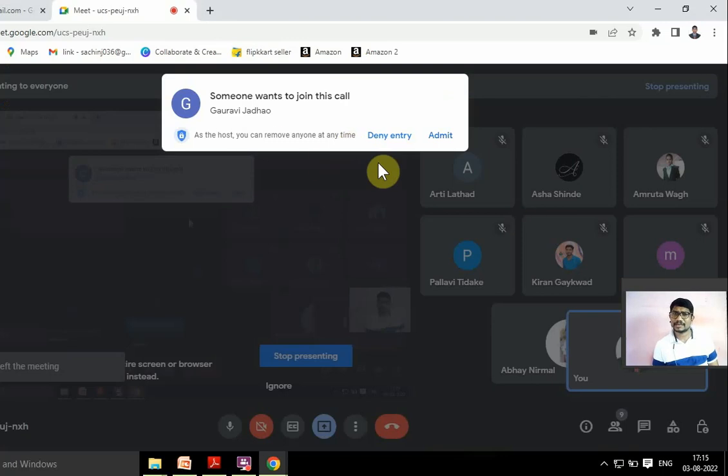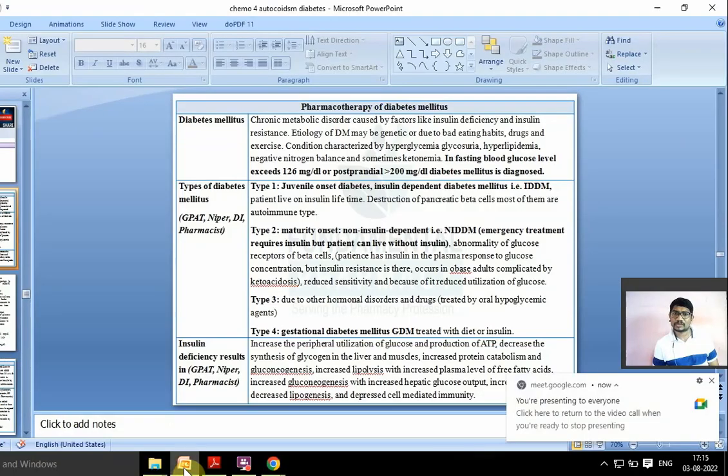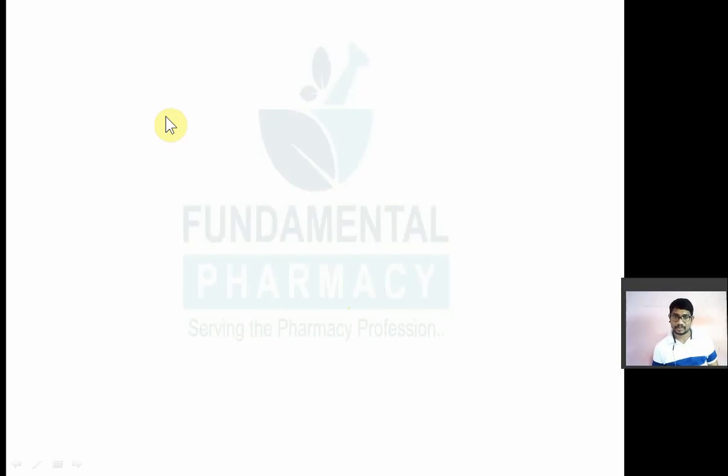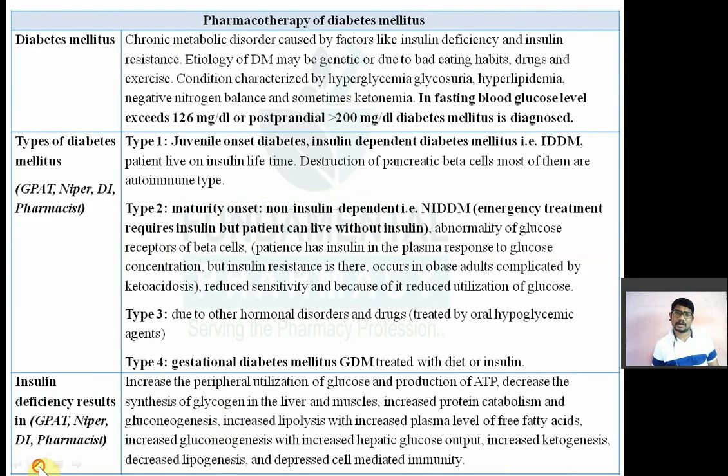Alpha cells of the pancreas secrete glucagon. Beta cells of the pancreas secrete insulin. Delta cells of the pancreas secrete somatostatin. Then there is one more cell known as the PP cell, or pancreatic polypeptide cell, which secretes another hormone known as pancreatic polypeptide. These are the different pancreatic functions, exocrine as well as endocrine. If there is a deficiency of the insulin secreted by the beta cells of the islets of Langerhans, that results in diabetes.